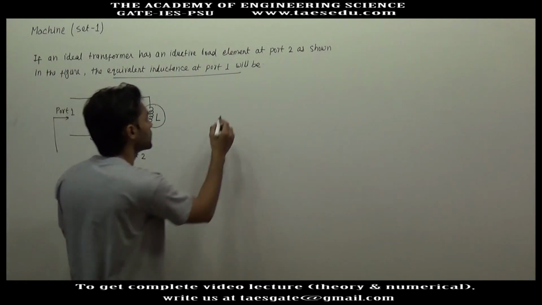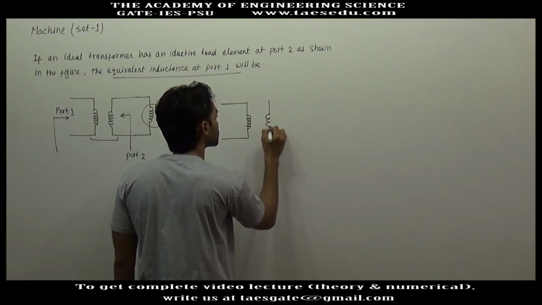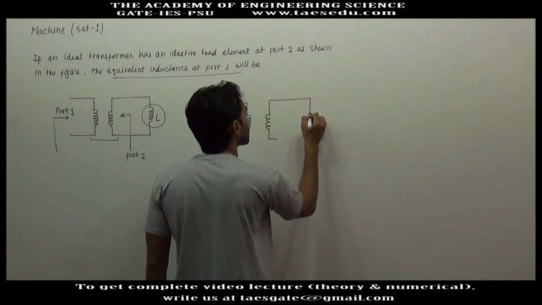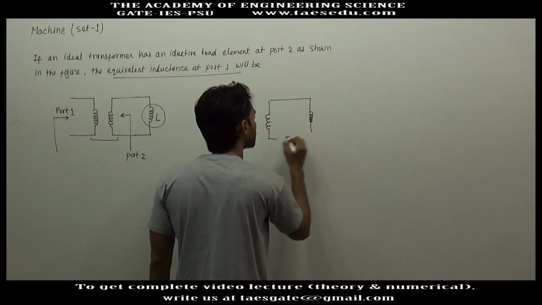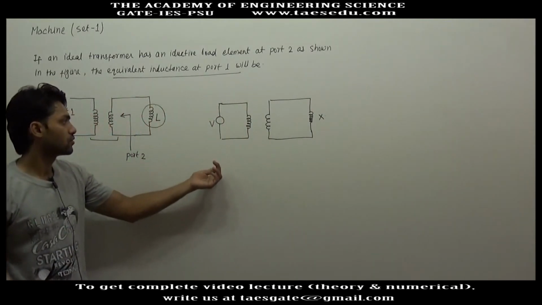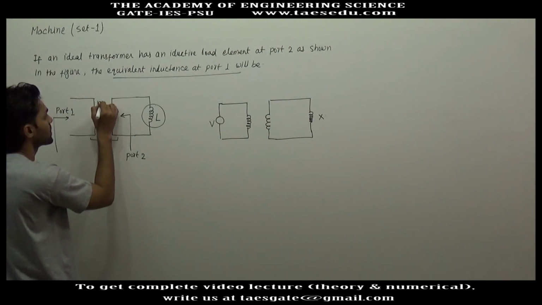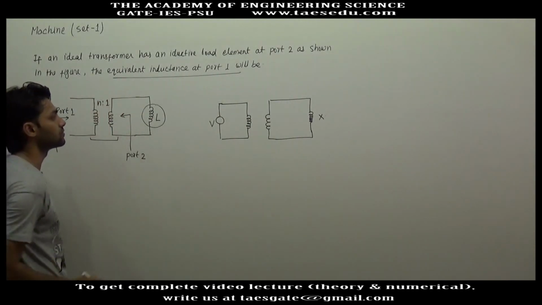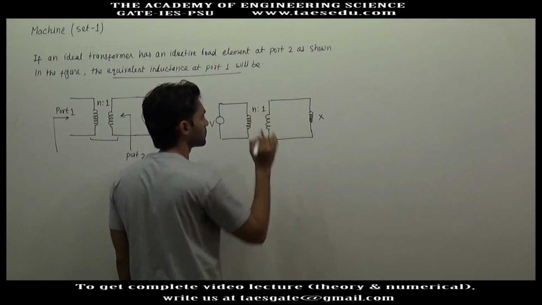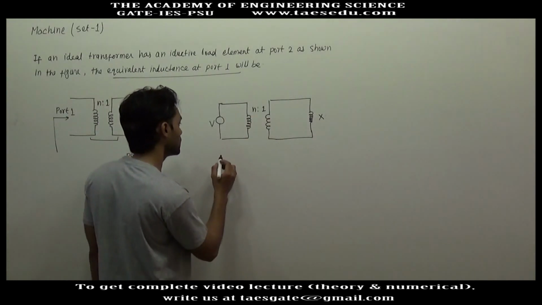Okay. So in the transformer, let's say we have a source connected here, and reactance X is connected here. When you refer it to the primary side, the turn ratio is given as n is to 1. Here the ratio is n is to 1. So when you refer this reactance to the primary side,